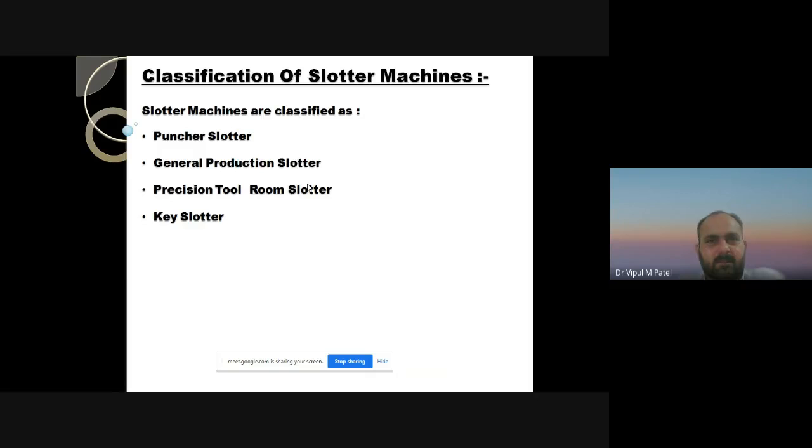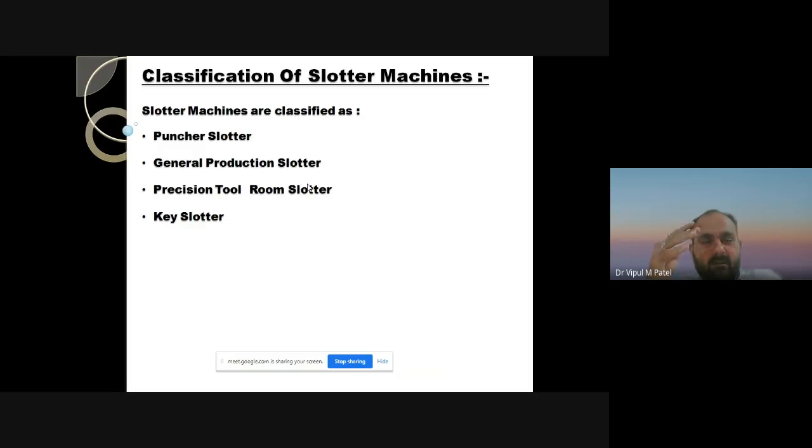You can see the classification of the slotter machine. Slotter machines are classified into four different categories: puncher slotter, general production slotter, precision tool room slotter, and key slotter. You have to remember these four types of slotter and keep them in mind.